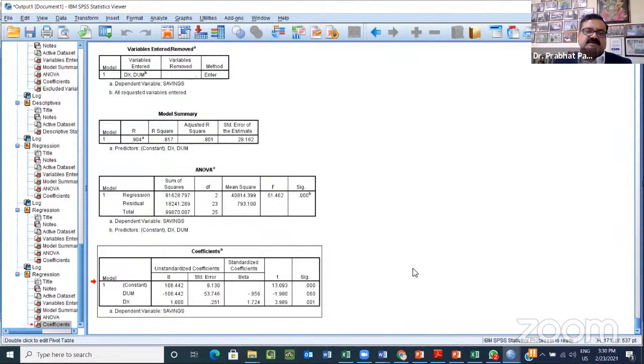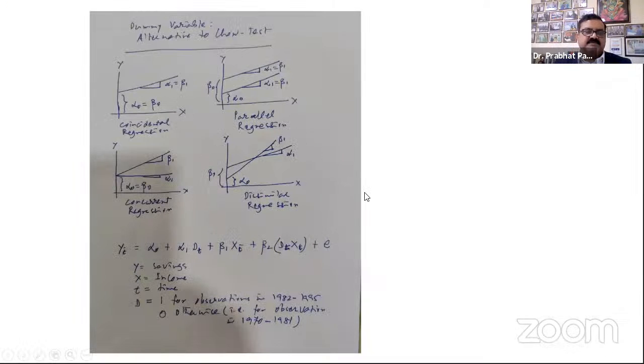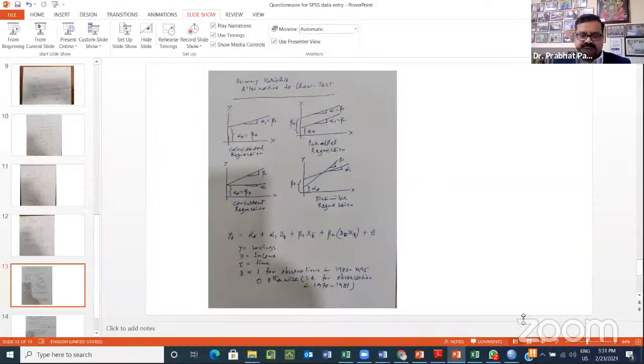That is the conclusion. So what kind of regression, what kind of difference have we seen here? What kind of situation has emerged out of these four? Concurrent. Yes, the concurrent situation. This is the concurrent situation that we have. Is that clear to all of you, or is there any more question on that? What is emerging is a concurrent situation.